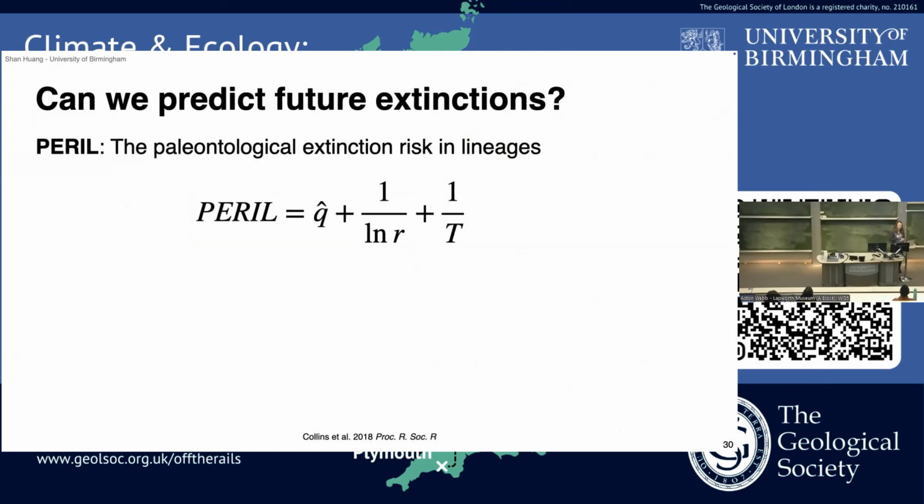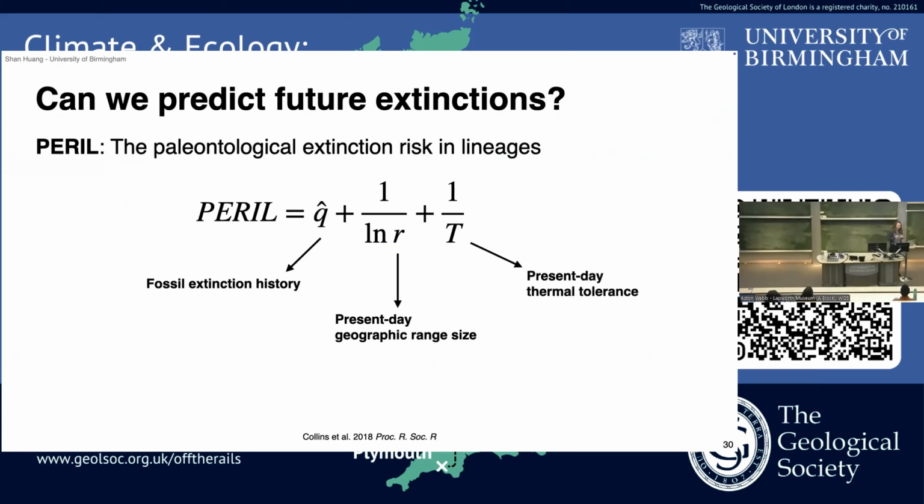So then based on this information, my collaborators went on to develop a metric called PERIL based on 3 essential components. The average genus extinction rate in the taxonomic family throughout the Cenozoic, to reflect their general sensitivity to past changes. The present-day species geographic range size, to reflect some dispersal ability and potential buffer against some changes. And then the thermal range captured by its natural occurrences and also seasonality, again related to how they experience potential changes. So the geographic range and thermal range are inverted so that species with smaller range are considered more vulnerable